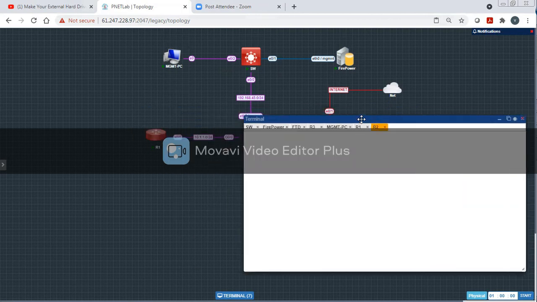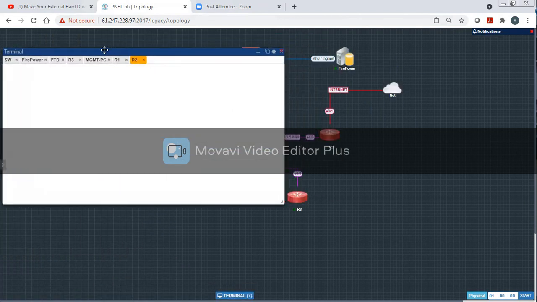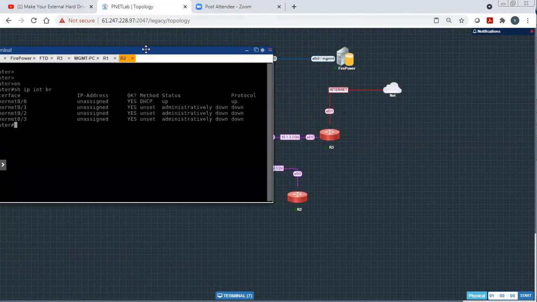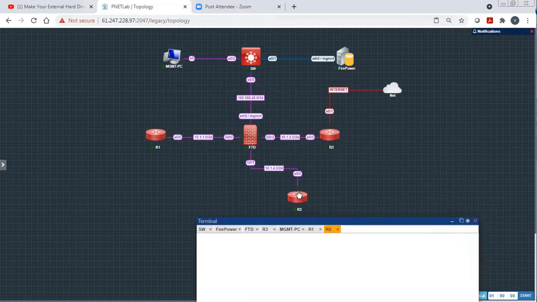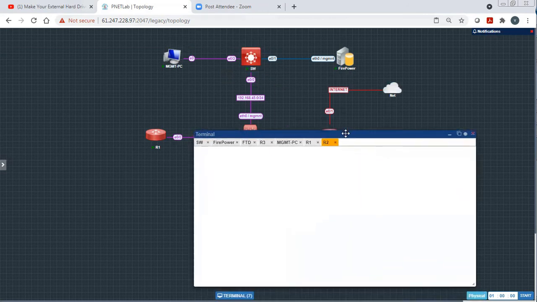As you see, this is a fresh configuration page. I haven't configured anything on R2 as of now. So I would be configuring an IP address on Ethernet 0/0 and also the loopbacks.